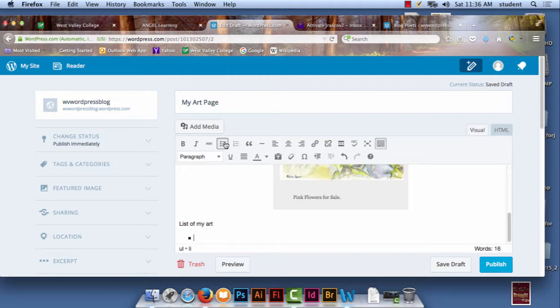What kind of art do I like to do? I like to do watercolors. I like to do photography. I like to do ceramics. What else do we like to do? Printing, or printmaking,